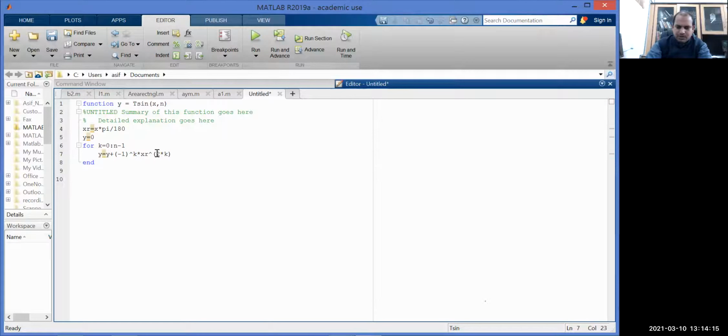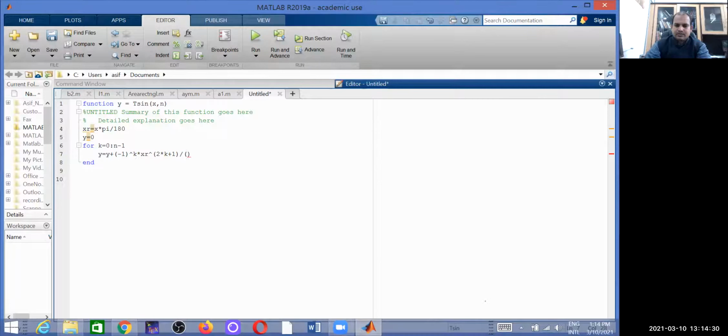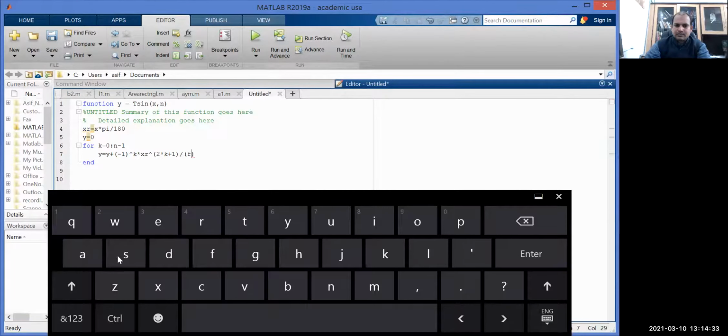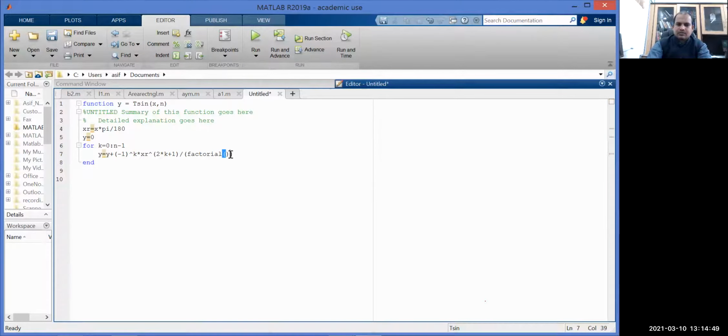Whenever multiplication, use this notation. 2 star k plus 1, and whole divided by factorial of 2 star k plus 1.